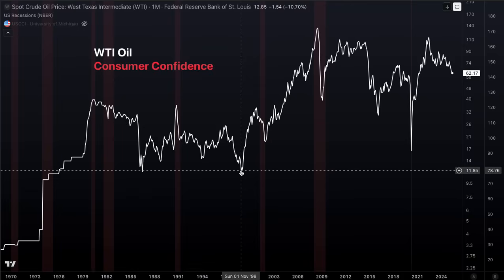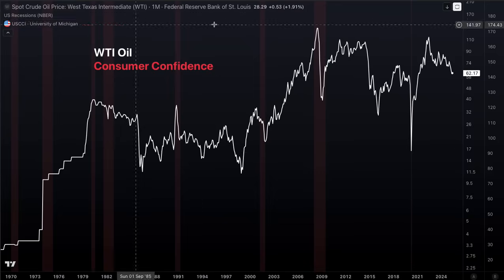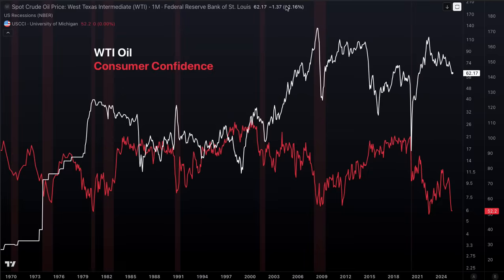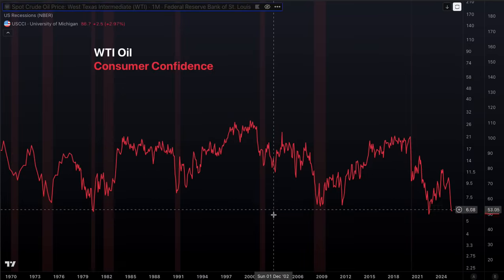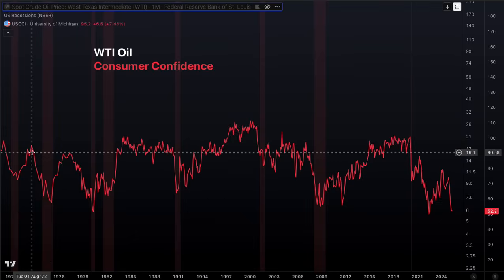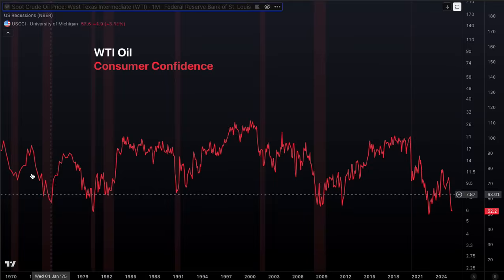In a recession, prices come down, and voila, you fix the higher prices. So here, though, I will take oil off and show consumer confidence. Consumer confidence is just what it sounds like. This is the degree of confidence that consumers have. And what, again, I want to show is that consumer confidence peaks and then starts to fall way before a